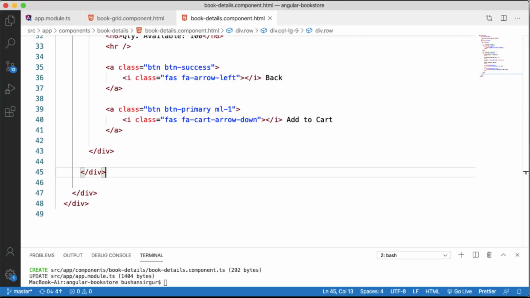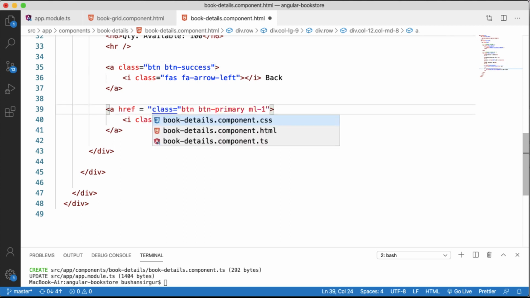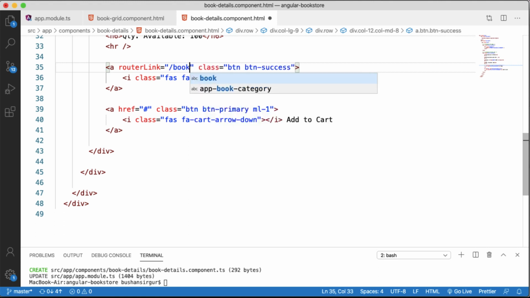So let's go to the Visual Studio Code, and I'm going to add a href to these anchor elements. For add to cart, we're going to add the hash. Later we're going to update this, and for the back we're going to add a router link, and we're going to map it to the /books Angular route.